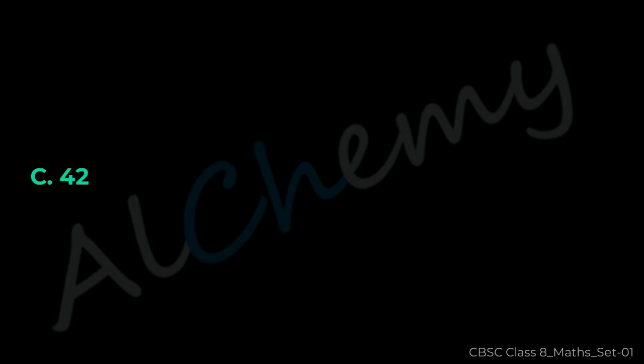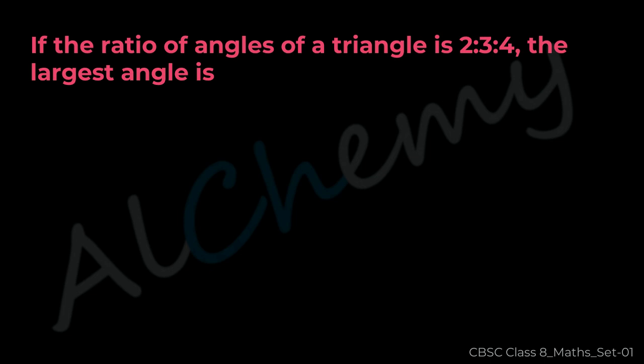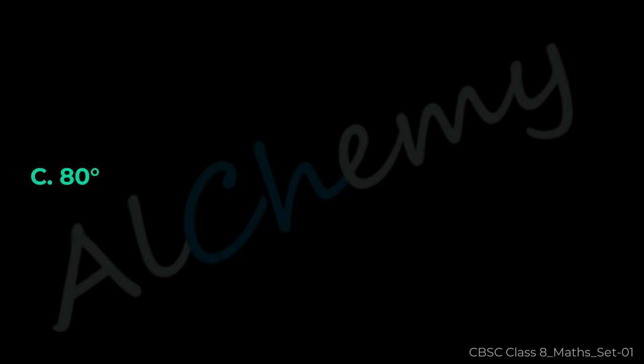42. Question 22. If the ratio of angles of a triangle is 2, 3, 4, the largest angle is A 40 degrees, B 60 degrees, C 80 degrees, D 90 degrees. The correct answer is C